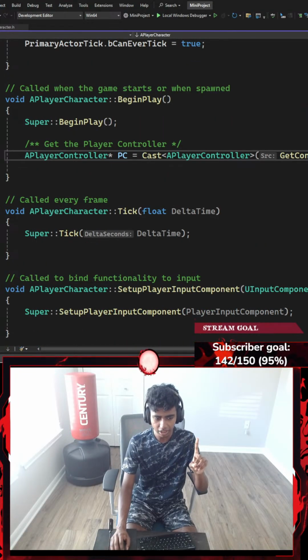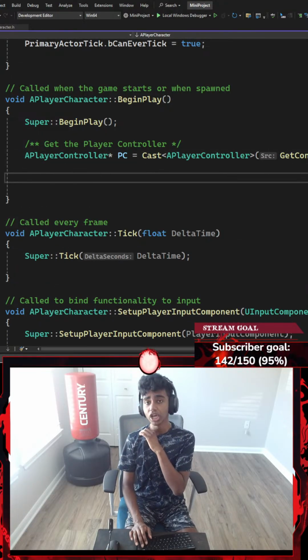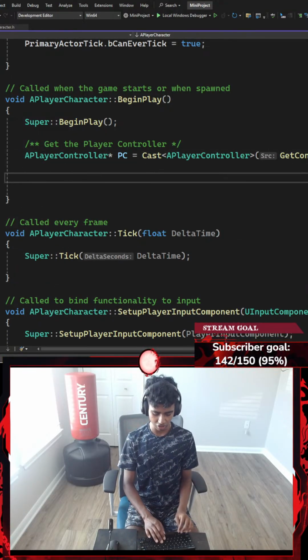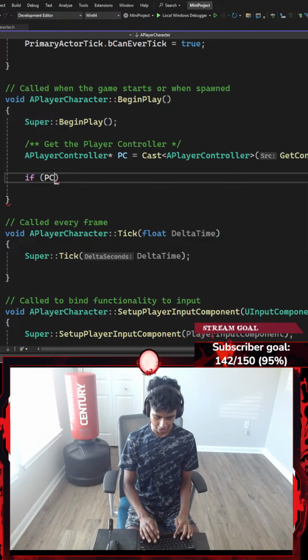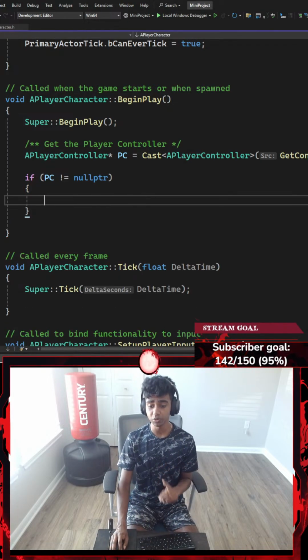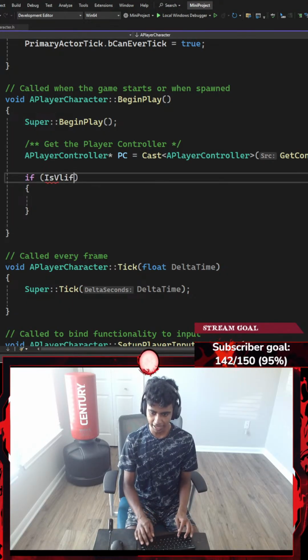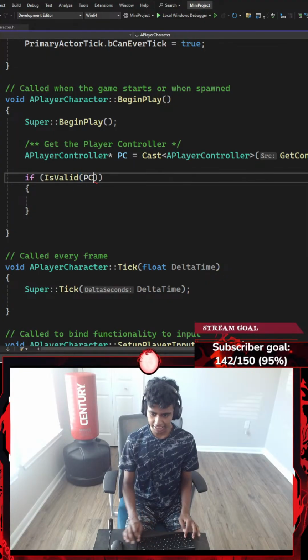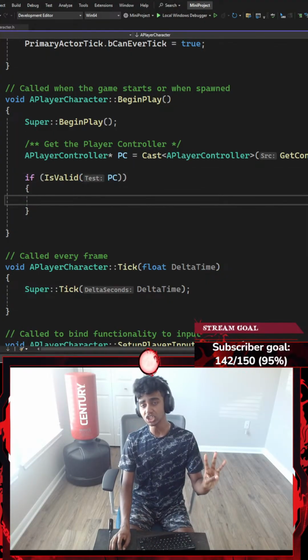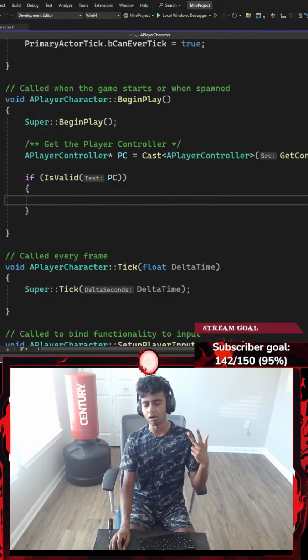Okay, that said, once I'm done getting my player controller, I'm gonna go ahead and check if my player controller is valid. Usually what I used to do is go with something like if my PC is not equal to nullptr, then I'm gonna go ahead and do something. That's what I usually used to do, but now that I learned a new method, I'm gonna use the IsValid method. That is gonna check if my PC is valid. It does 3 checks. Does my PC exist? Is there any pending kills left? Or